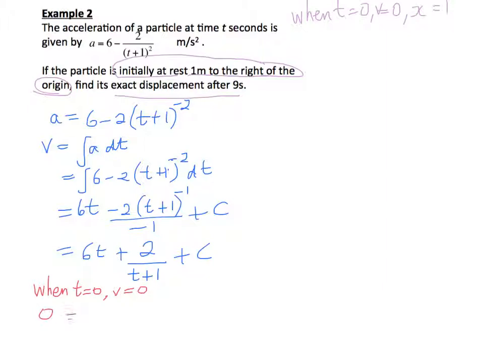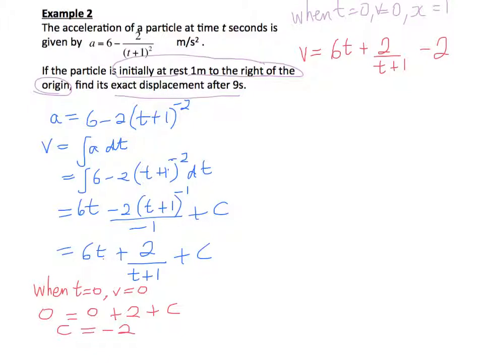So 0 equals 0 plus 6 times 0 is 0, 2 on 0 plus 1 is 2, plus c. So then you can see that c equals negative 2. So our expression for our velocity becomes 6t plus 2 on t plus 1